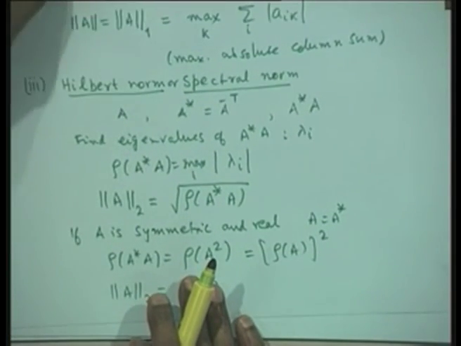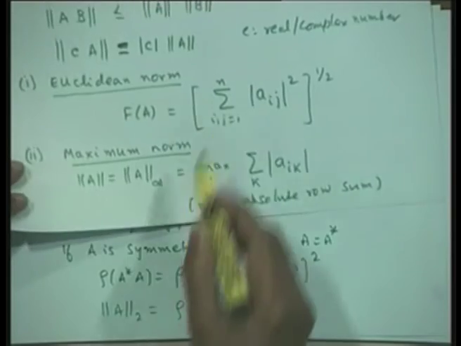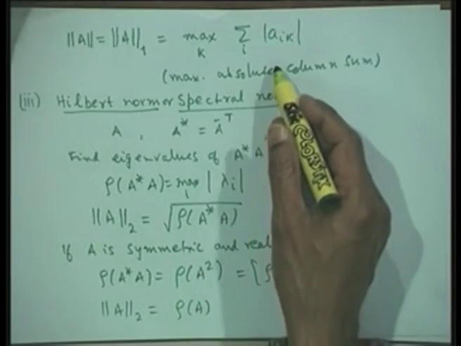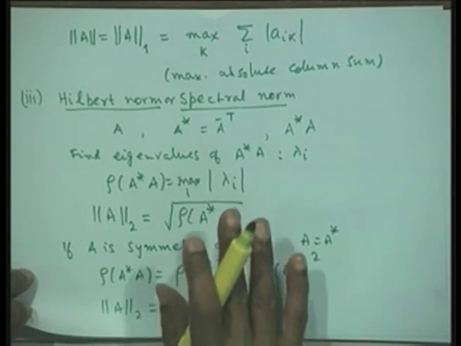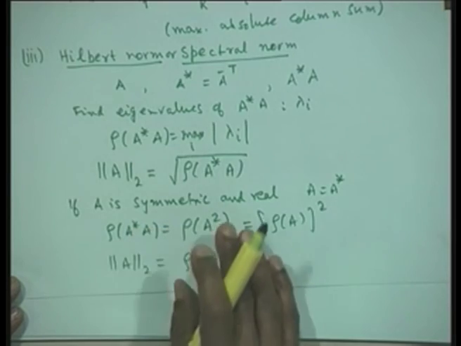Now, all these norms that we have defined, the Euclidean norm, the maximum norm, the maximum absolute column sum norm, and the Hilbert norm, are all independent definitions. Therefore, if you are given a matrix and you find all of them, since all are independent, you can take the smallest of them as the bound. Suppose, given a matrix A, you want the largest value of the norm this matrix has. If you find the norm in all four ways, the smallest of them will be the required bound on the norm of that particular matrix.